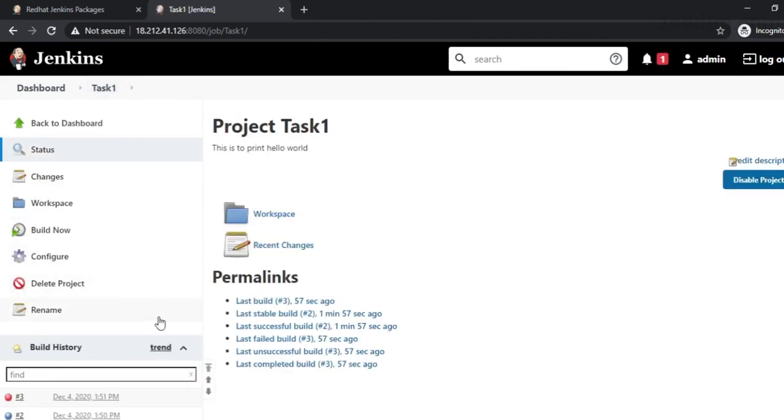The same will happen if any other command did not work as expected. And this is how we created our first task and executed it and saw how it can be successful and it can fail. So this is all for this particular lecture, and in the next lecture we will be